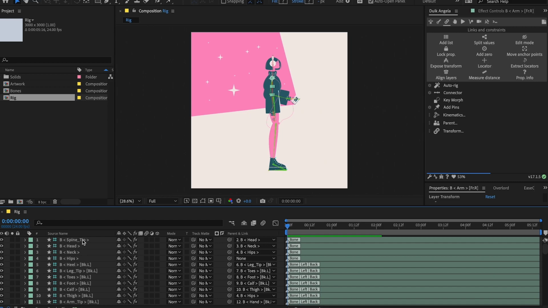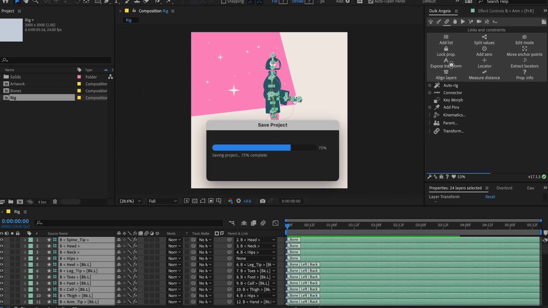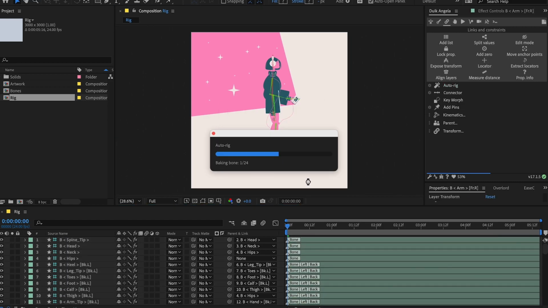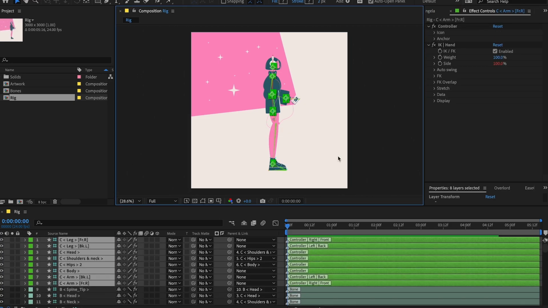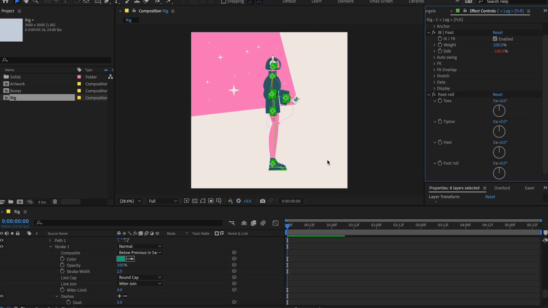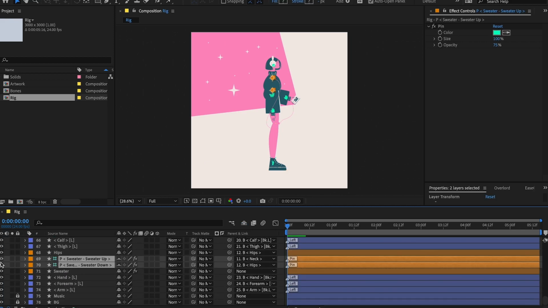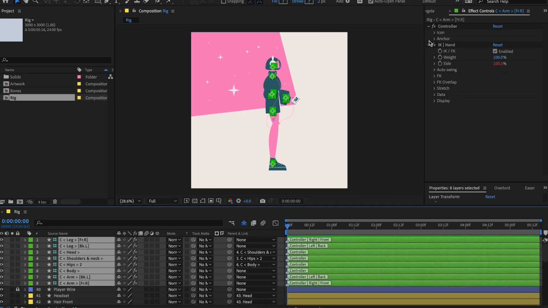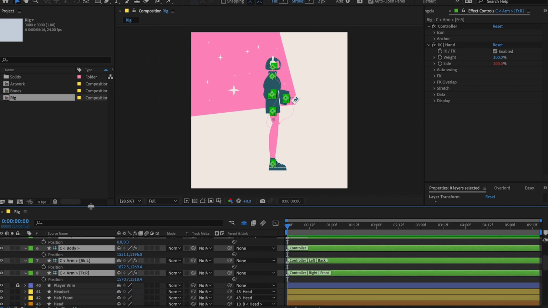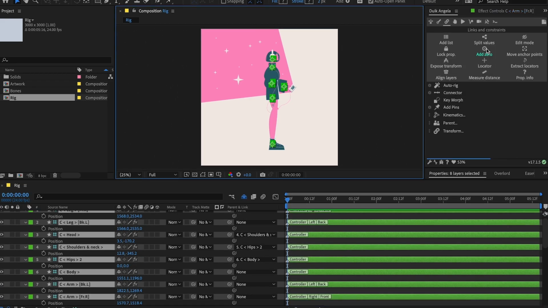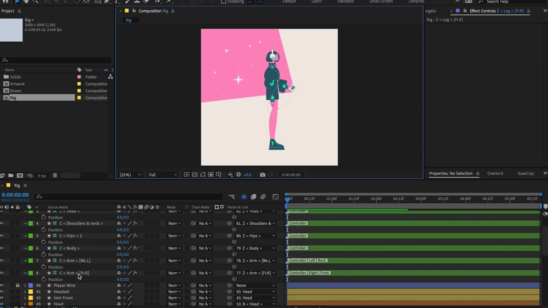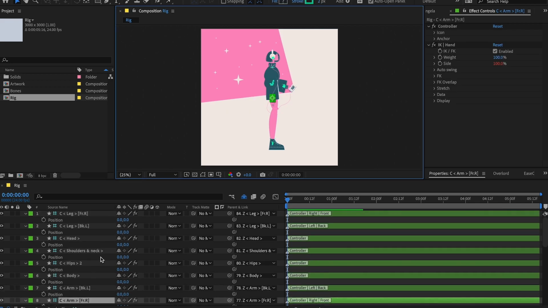Select all the bone layers, go to Links and Constraints, tap in Duik and hit Auto Rig. Great, now everything is controlled by those controllers, so we don't need the bones, pins and gate layers. Let's hide, shade and lock them all to decrease the number of layers. Now I'll just select all the controller layers and add 0 to 0 out the position. And now I can move everything around and easily return it to the original position.